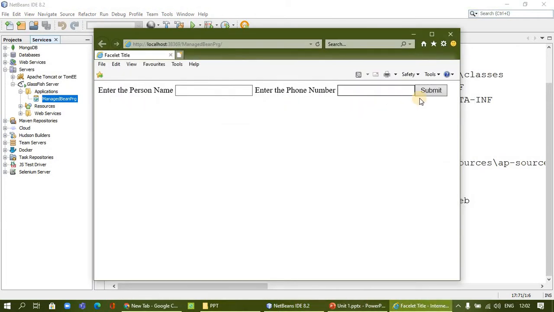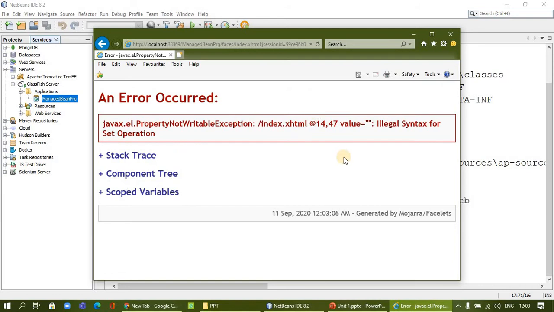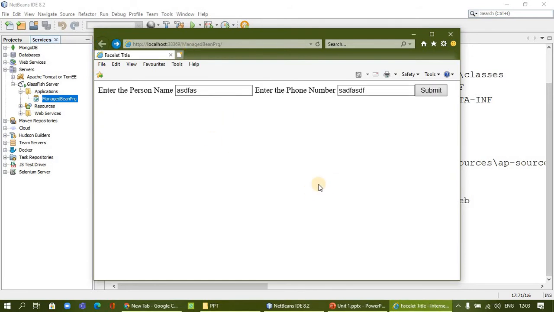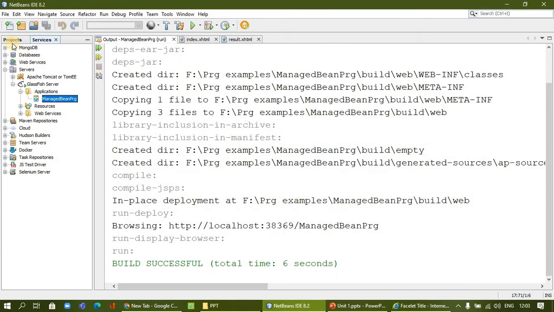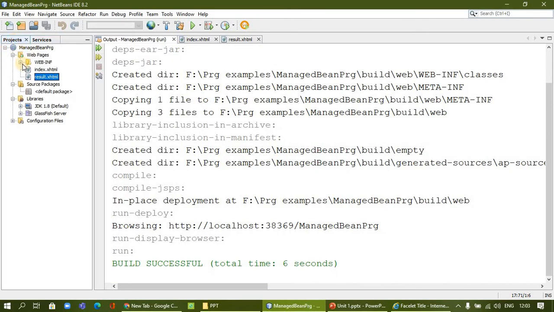Now once you have clicked this one, it will go to the next page. I am not entering any value, maybe you can enter a value here. You can go to submit, it goes to the next page. In the next page you have nothing, I don't have any value, it will be connected later. So at present the design is ready. I am just minimizing it, and I will go to my project.